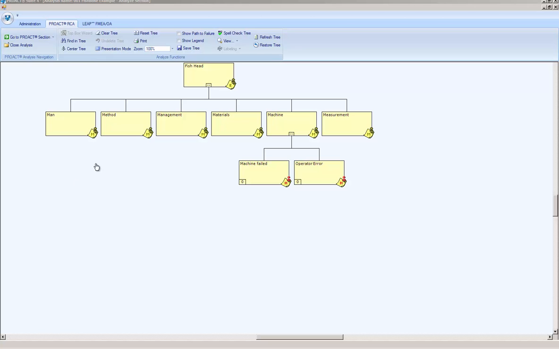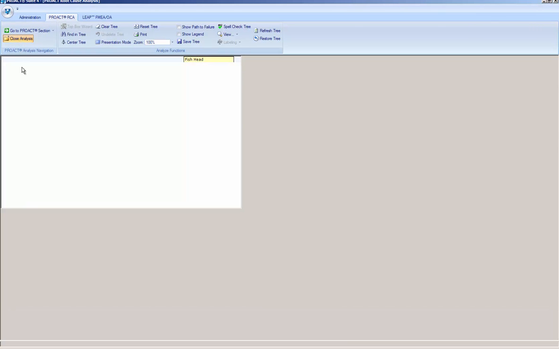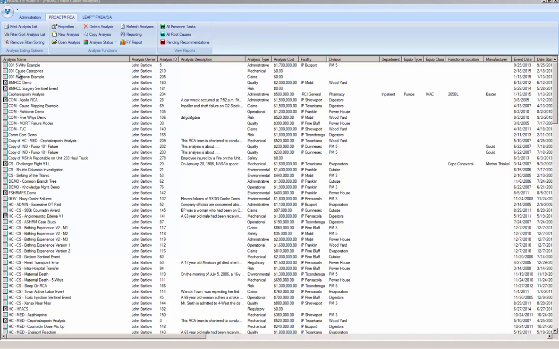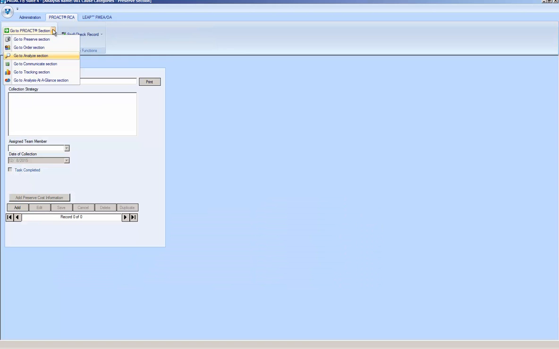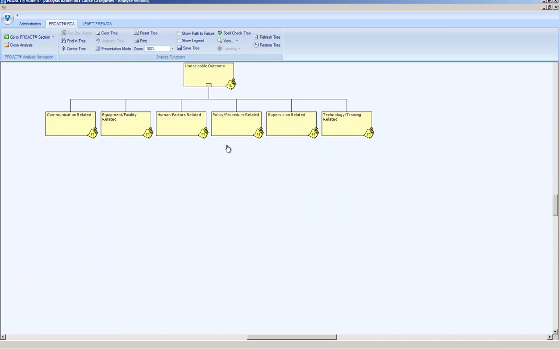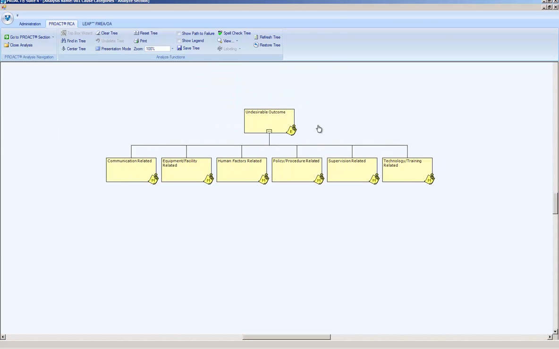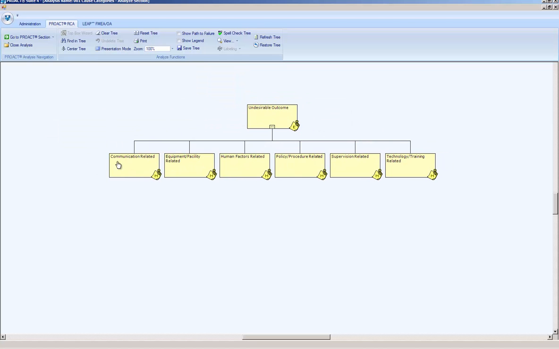Now let's take a look at our cause category example. I will go ahead and close out of this analysis. And I will open up my cause category RCA, and I will go to the Analyze section. And here we have our undesirable outcome and these cause categories that we have chosen, or perhaps they are standard